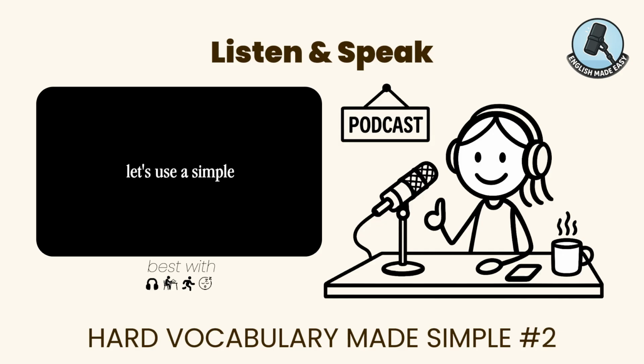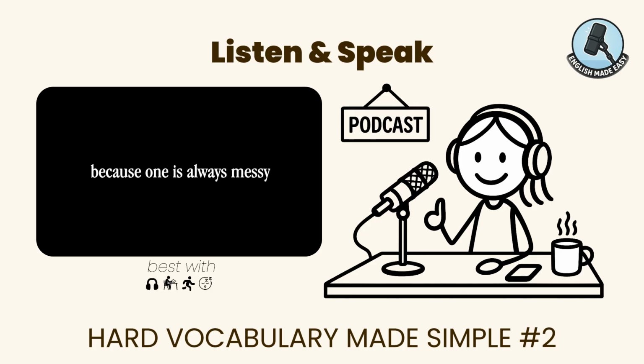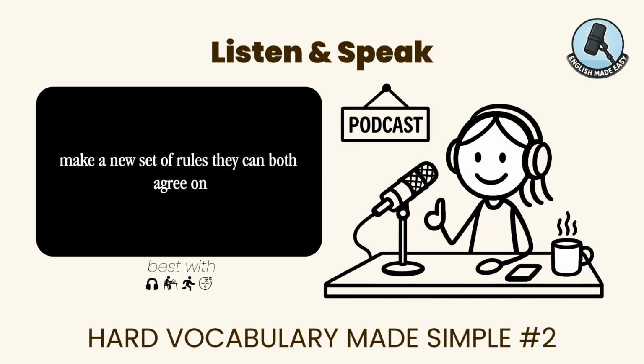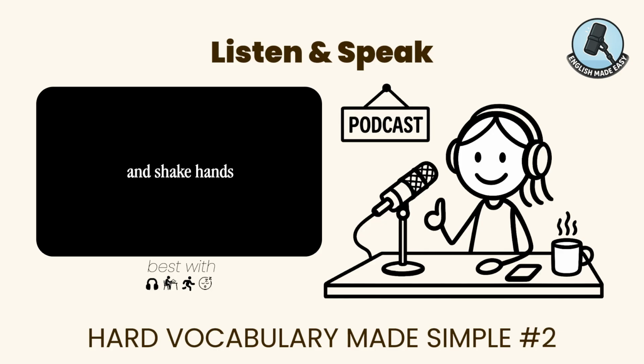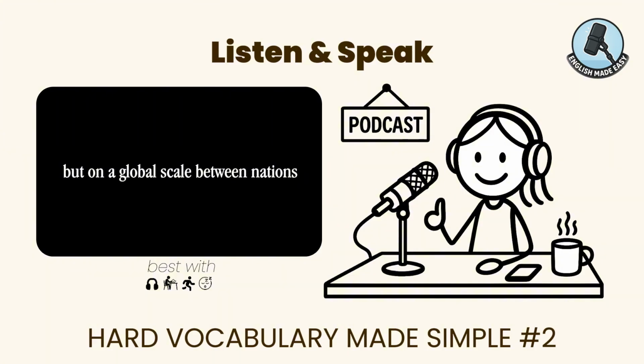Let's use a simple emotional example to help you remember it. Imagine two roommates are angry at each other because one is always messy and the other is always loud. Instead of yelling and fighting, they sit down at the kitchen table and have a calm conversation. They listen to each other, make a new set of rules they can both agree on, and shake hands. That process of resolving a conflict through careful, respectful talking is exactly what diplomacy is, but on a global scale,